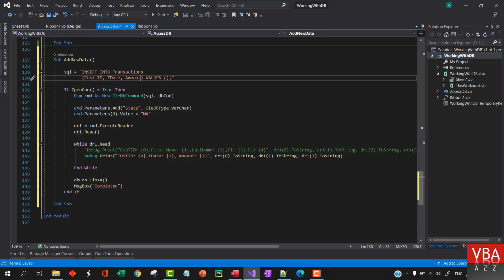So we want to insert into these fields, and let's say that we want to insert a value called my. For the date, let's say 1st of 2020, and the amount, let's say that